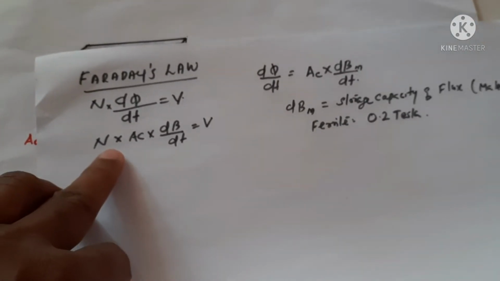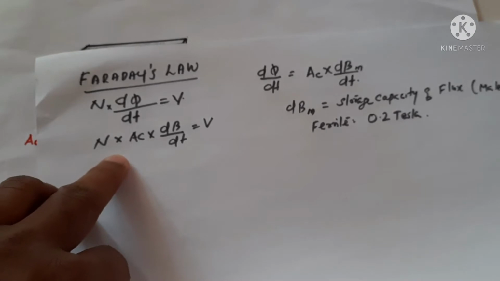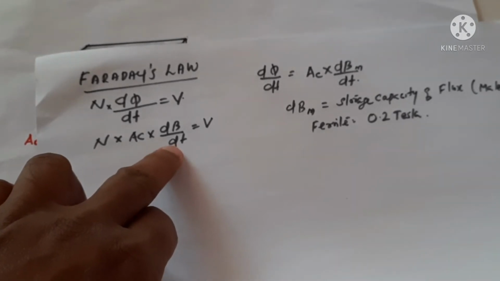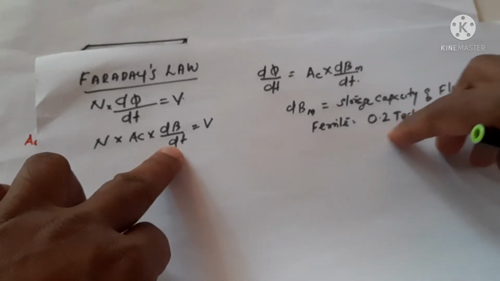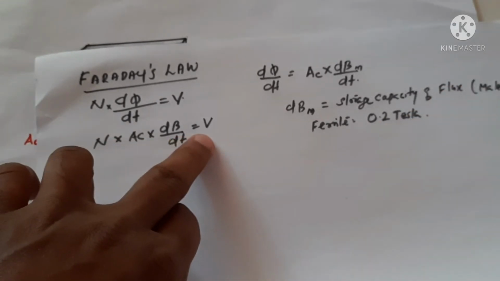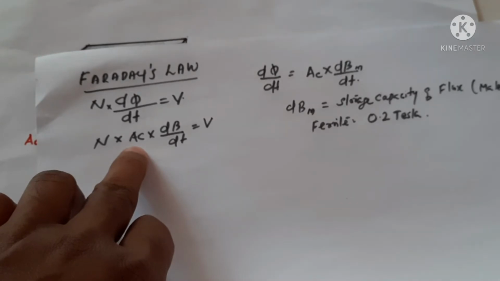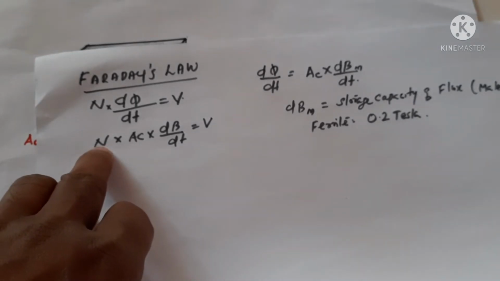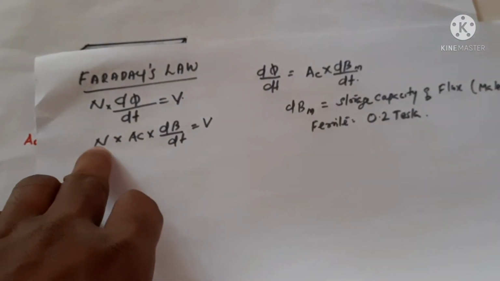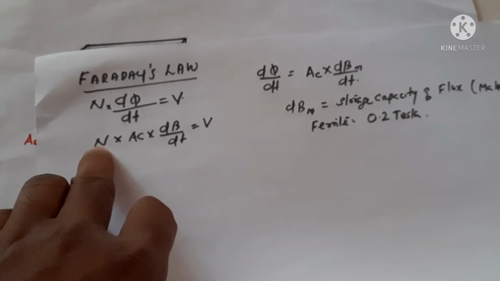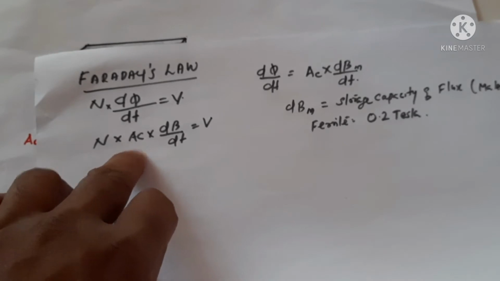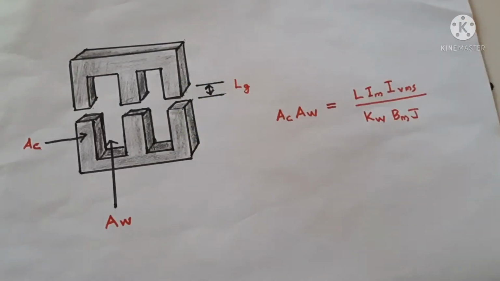So we can prove this by this equation. Faraday's law says that if you use a ferrite core and if the voltage is more, the only way is to increase the area of the core. If the material is ferrite and if the number of turns are same, the only way to handle more flux is to increase the area. So the core size is related to voltage.